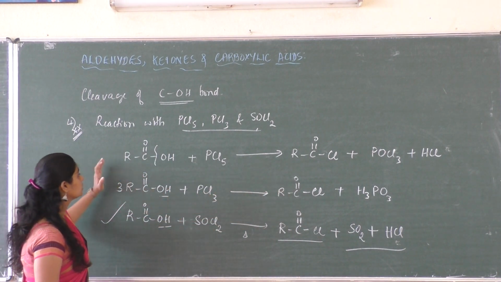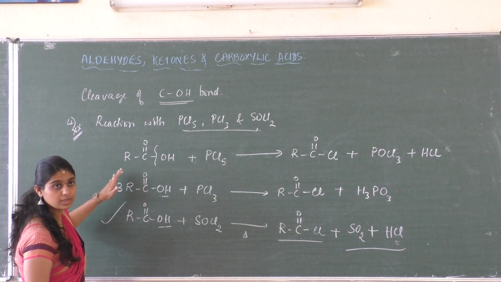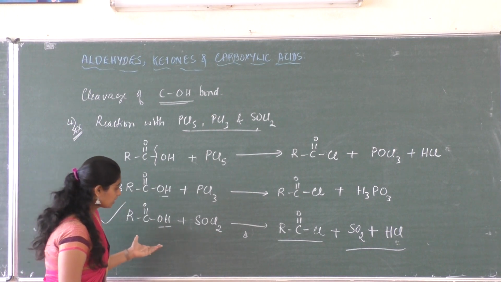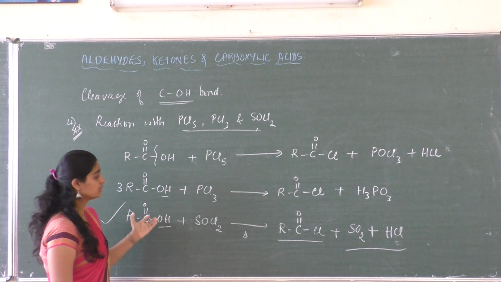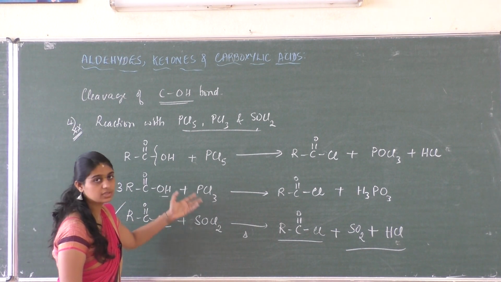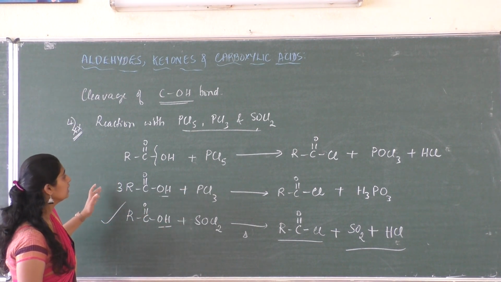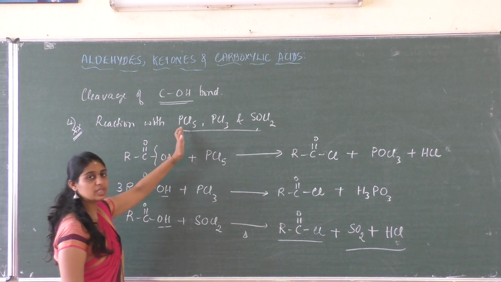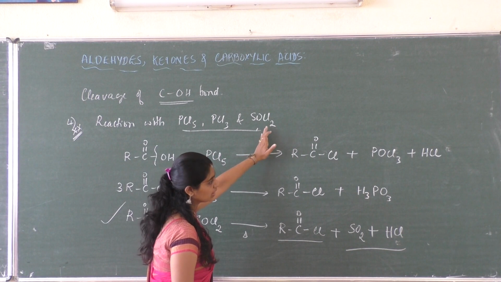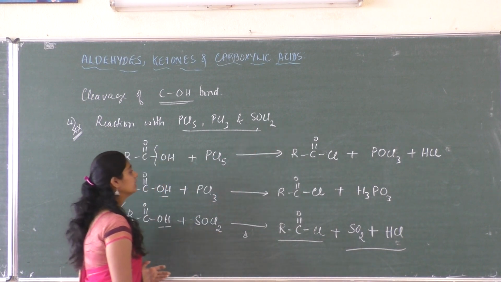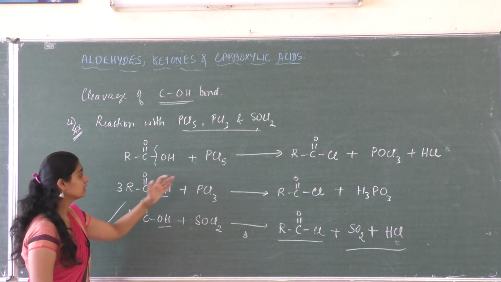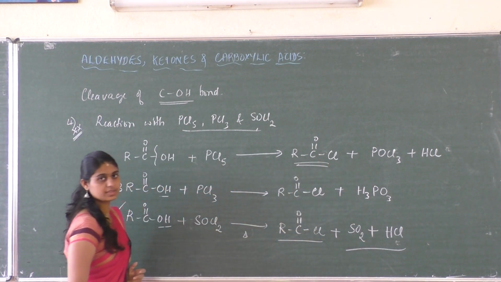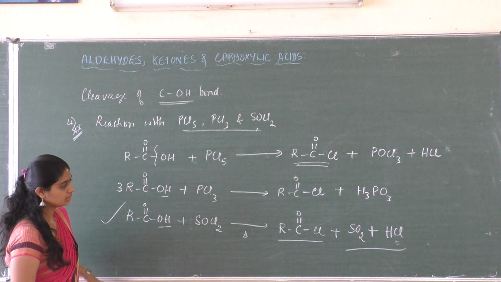So that is the first one. All these three reactions are important. These may be asked as complete the reaction, or write the reaction when acids react with thionyl chloride. So any sort of questions can be asked. So this is an important one. So when acids are treated with PCl5, PCl3 or thionyl chloride, the OH group is replaced by Cl so as to form acid chlorides. So take note.